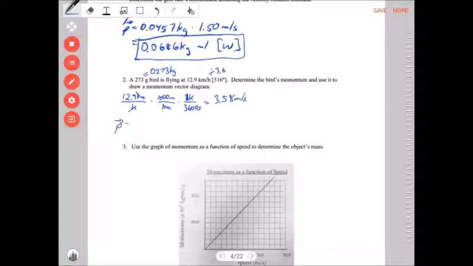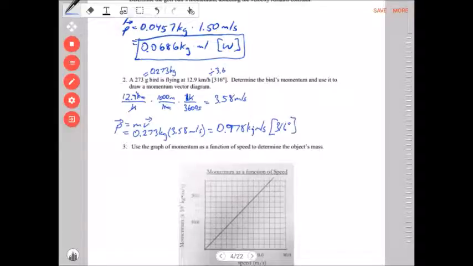So of course p equals mv. So we know that the mass is 0.273 kilograms times 3.58 meters per second. When you multiply those together, we've got 3 sig digs, so 0.978 kilograms meters per second. That's the answer, I guess, is 316